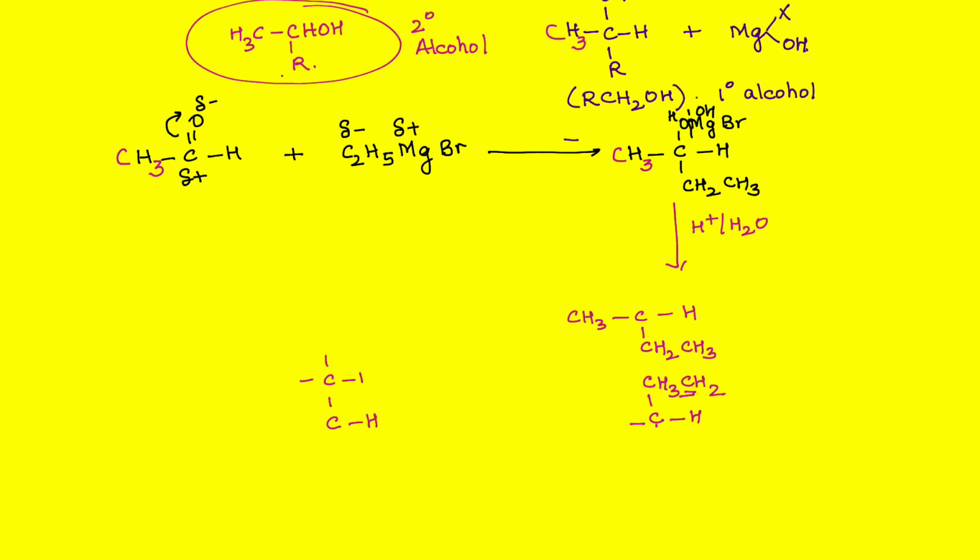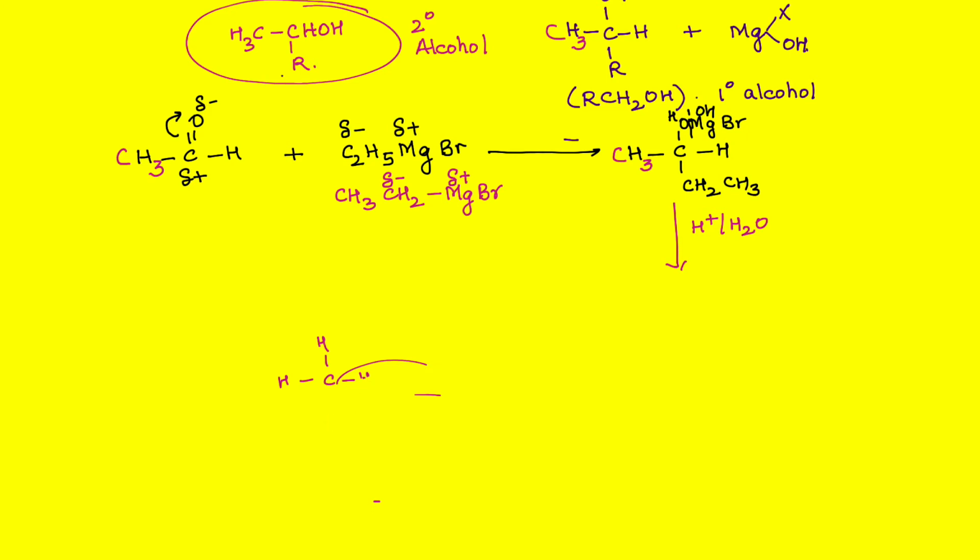1, 2, 3 hydrogen, right? So where does the carbon get connected here? See, you can't connect the carbon. This will be absolutely wrong. And also apply logic. CH3, CH2, MgBr. It's this carbon which becomes negative, and it is this magnesium which becomes positive. Isn't it so simple to understand? Right? So let's form the products again.